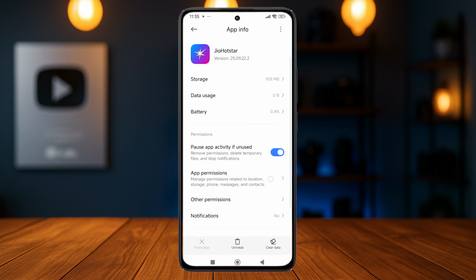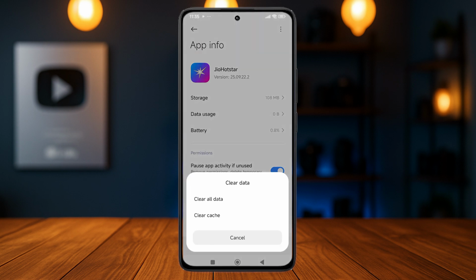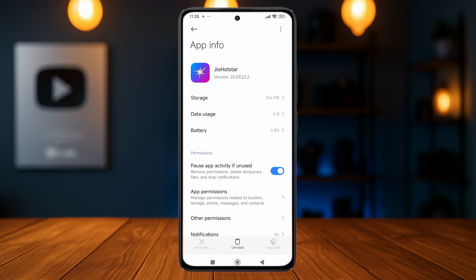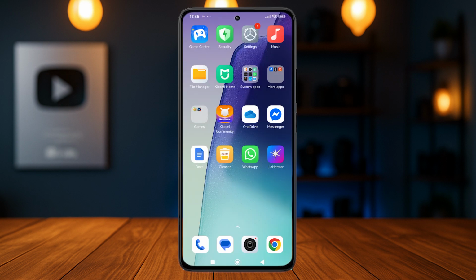From this settings, you can tap on the clear data option and tap on clear all data. This will clear out all of the unwanted caches and will also log you out of your account. So once you complete this step, you can head back and log into your account and see if the issue